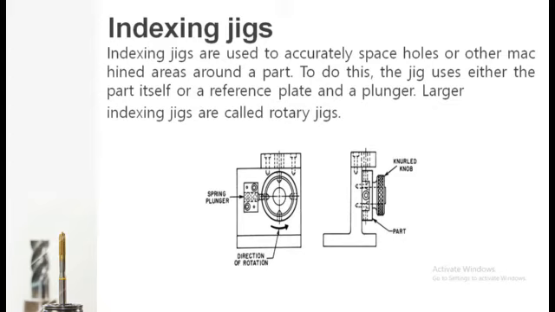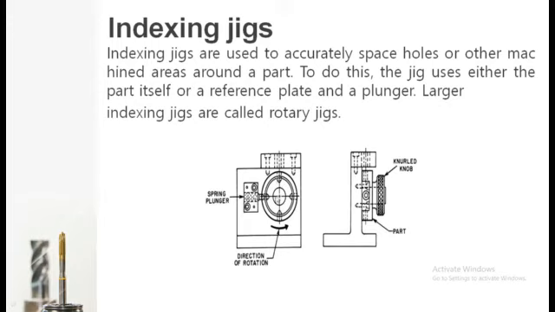What does an indexing type of jig do? Whenever you drill a certain hole at a certain angle, initially you place this plate, and you lock it with the help of this knurled knob, which holds the workpiece by applying clamping pressure. Now after you locate this workpiece completely and apply the clamping pressure, the workpiece is locked here. Now whenever you insert a drilling tool through this bushing, you will get a hole drilled here.